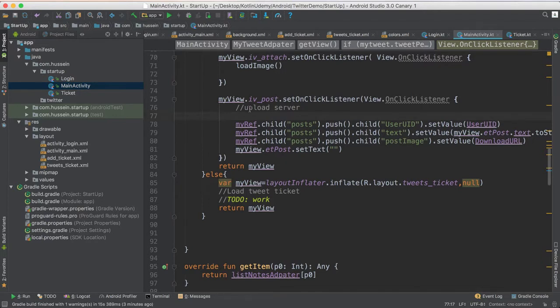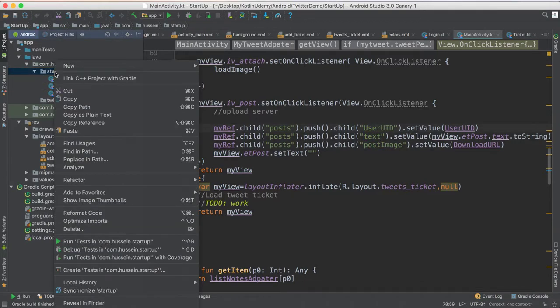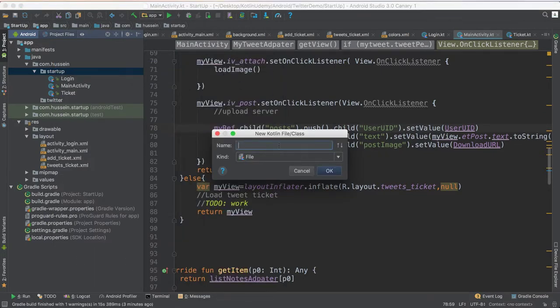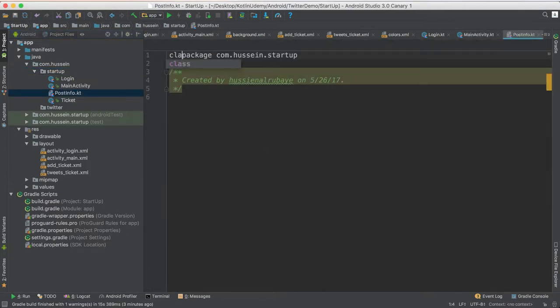To fix this, first of all, we have to think about these three things as one object: username, text, post image. So for that reason, I have to create a new Kotlin class. I will name it PostInfo. Okay, that will have information about the post. This PostInfo should be a class, and this class